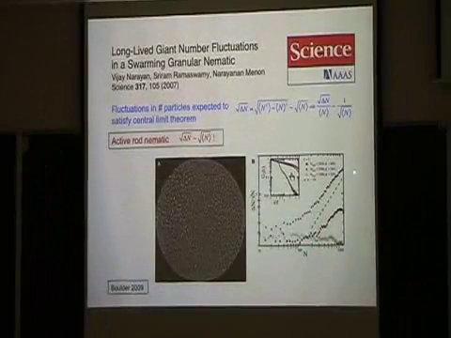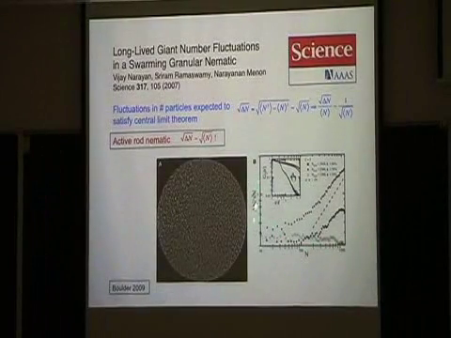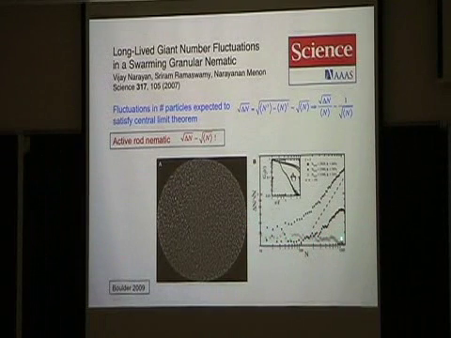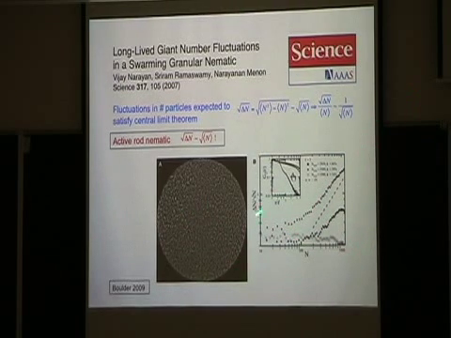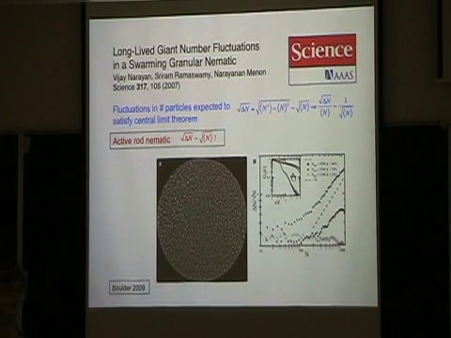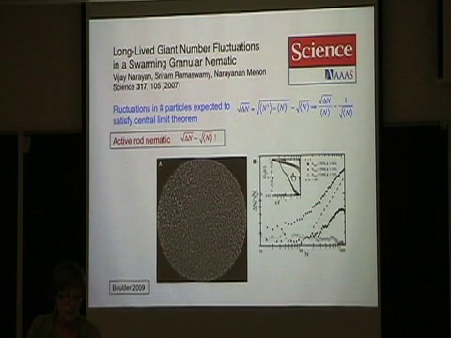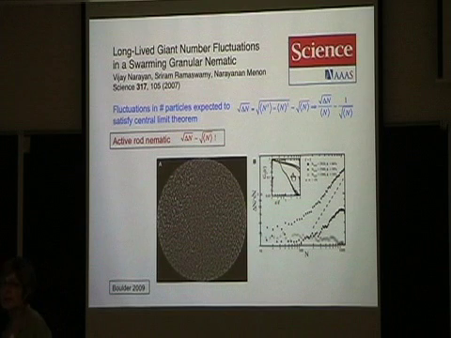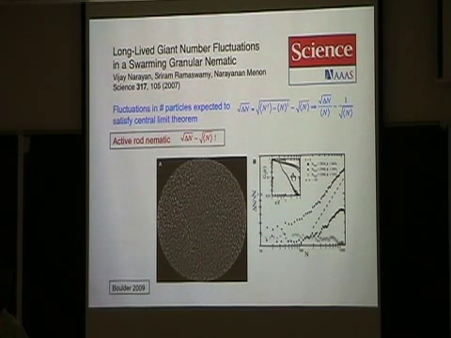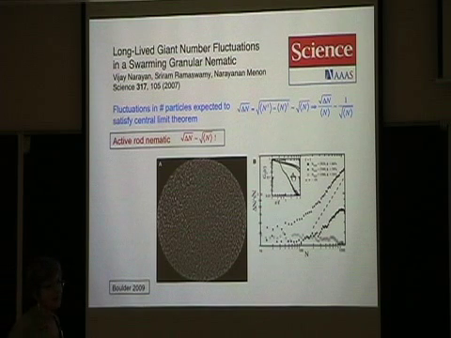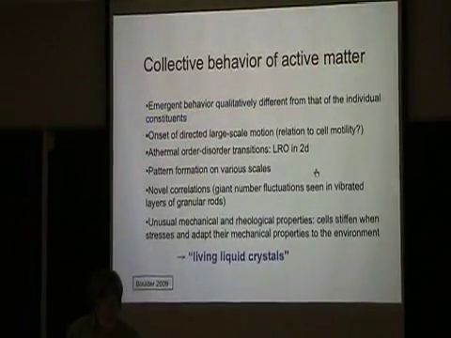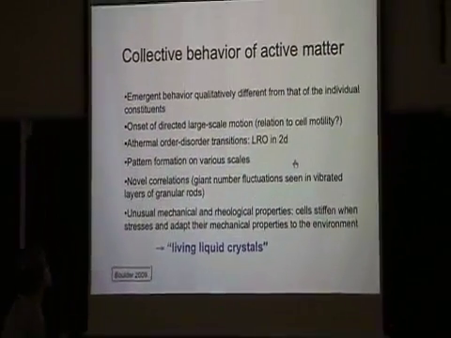Well, in these systems, that doesn't happen, because this plot here is delta n divided by root n. There should be just a constant, and it is at low density when you have non-nematic order. But at high density, you see that this still increases almost linearly. So you have very large number fluctuations, which in principle will not allow you to use some of the tools of equilibrium statistical mechanics. So that's another puzzling feature of this system. This has been seen only in this inanimate system. Nobody has actually done this kind of measurement in bacteria. As a theorist and as a physicist, I would say, I don't know why, but that's rather much harder to do.